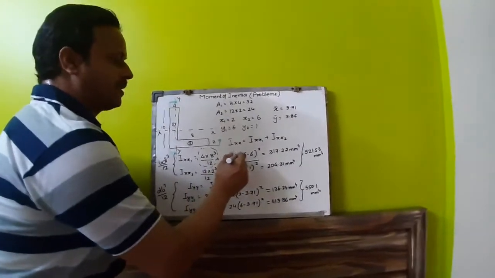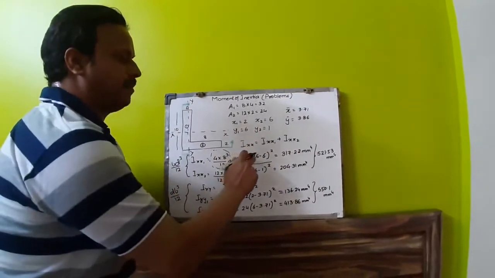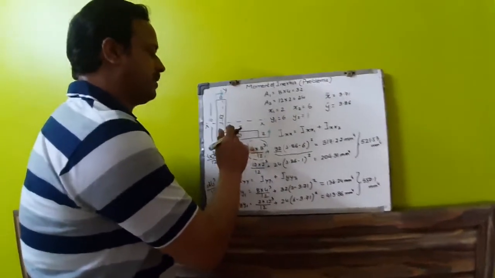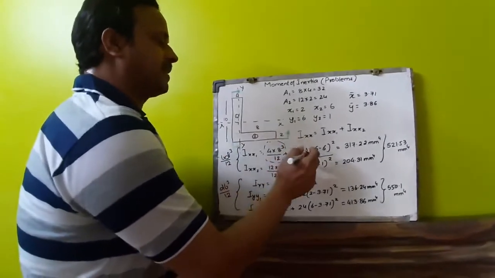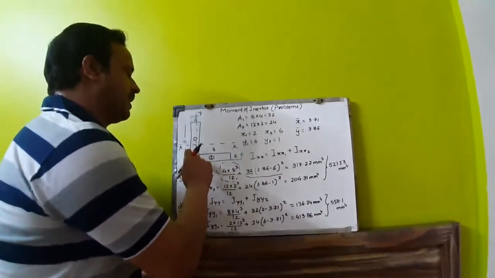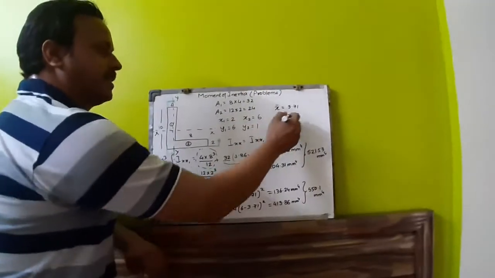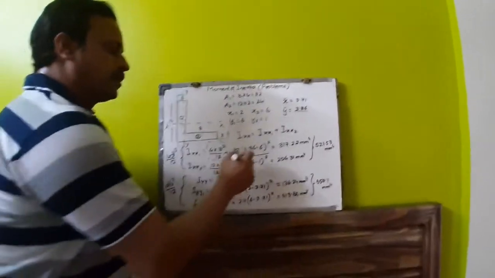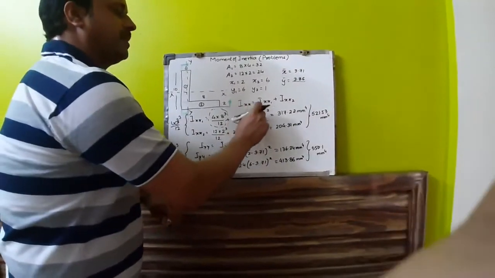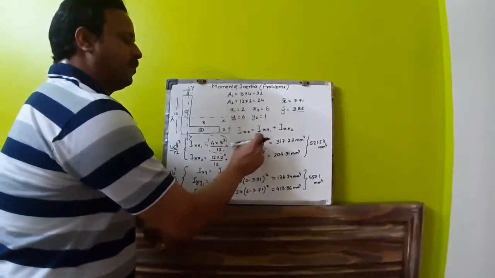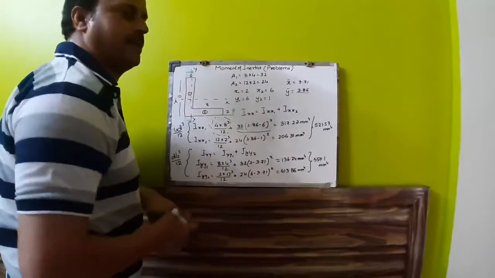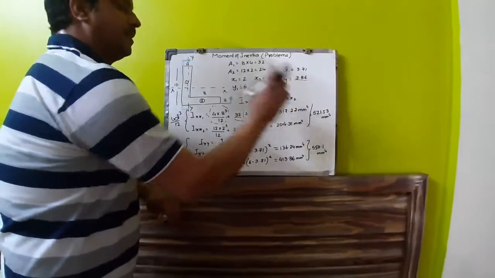So this distance is 3.86 minus 6. Why? From these reference frames, the centroidal axis of body 1 lies at a distance of 6, and from the same reference frame the centroidal axis of the composite body lies at a distance of 3.86, which you have previously found out. So the distance between them is the amount of transfer that has to take place. So this is 3.86 minus 6. Now whether you write this as 6 minus 3.86 or 3.86 minus 6, both are the same because you have to find the whole square. So this is done, you get this value.